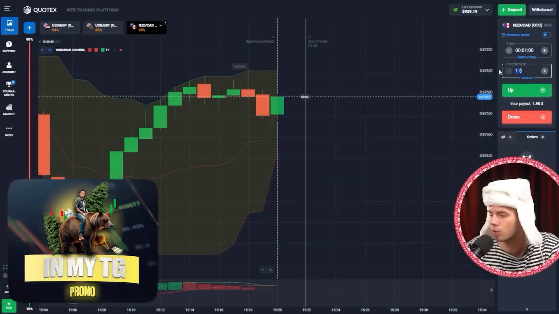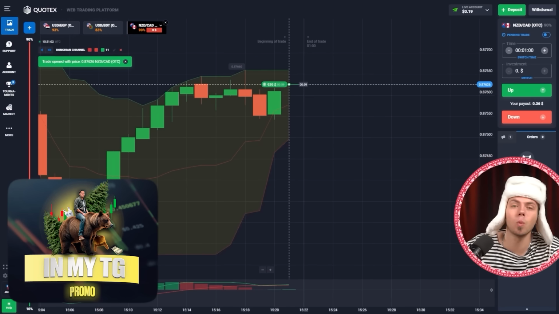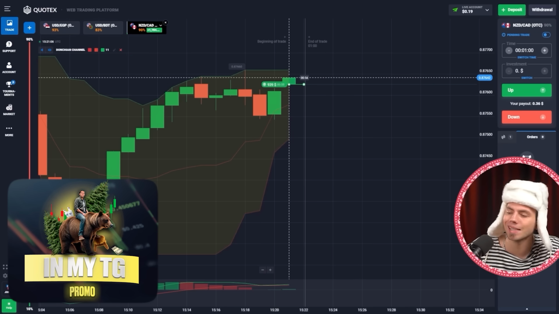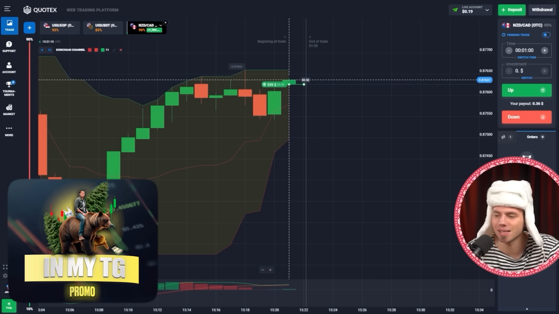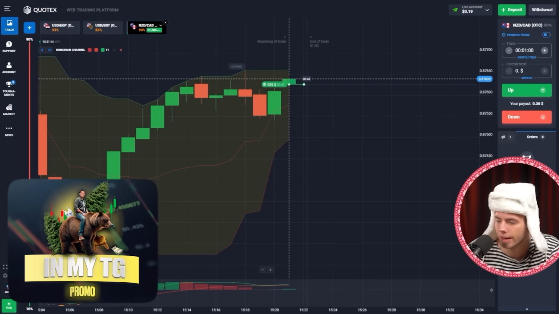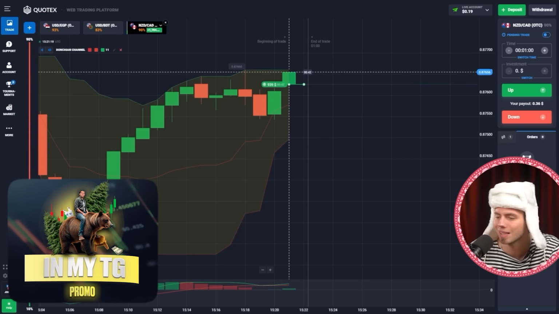Let's set the amount 939, and we are opening a buy trade here right now. Why? Here a pretty obvious situation. Well, first of all, we have this middle line over here, and this middle line right now for us is a very strong support level, because you see we tested it at 1520, but we rebounded from it,